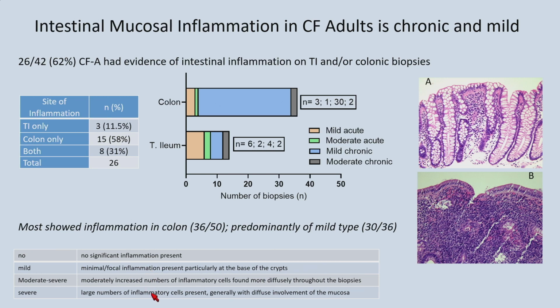It's based on the abundance of inflammatory cells, and typed as acute and chronic based on types of cells. We can see here that most biopsies had inflammation of mild and chronic type and was mostly found in the colon. We also looked at the crypt changes and fibrosis. 5 adults with mild chronic inflammation showed changes in the crypts. Mainly they were dilated crypts with mucus. No one had fibrosis.